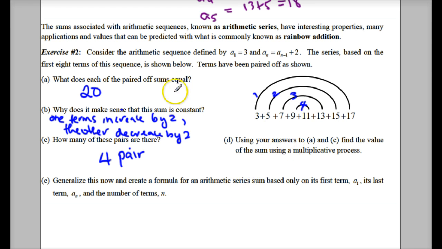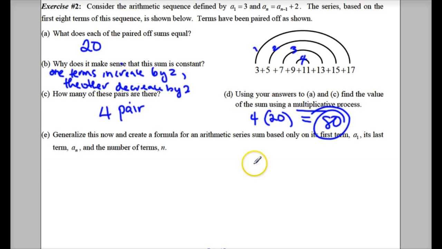Using your answer from A and C, find the sum of the multiplicative process. All it's asking you, from A and C, what's the sum of the multiplicative process? So it's 4 times. We know this means multiply. 4 times 20 is 80. Now, how can we generalize this to create a formula for an arithmetic sequence sum based on the first term and the last term? So in general,